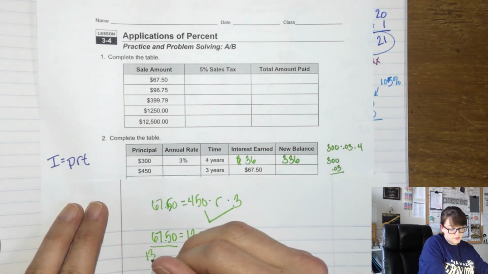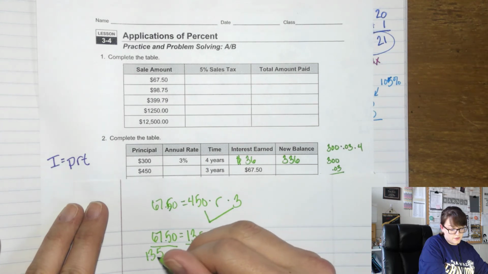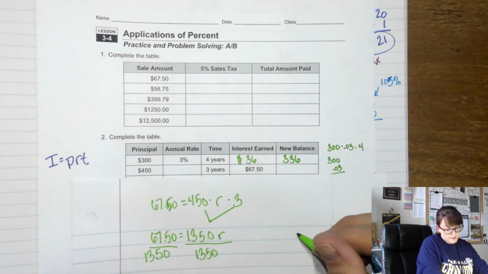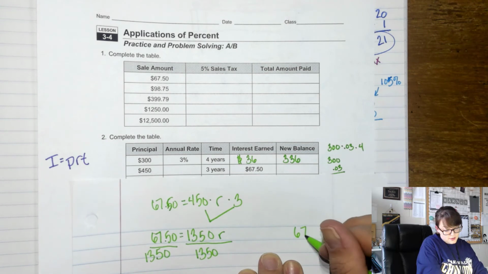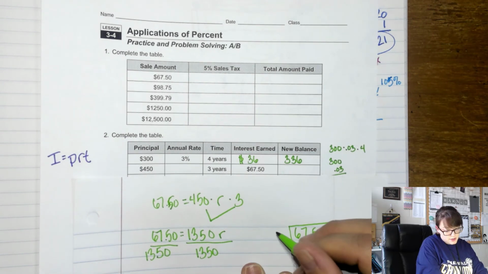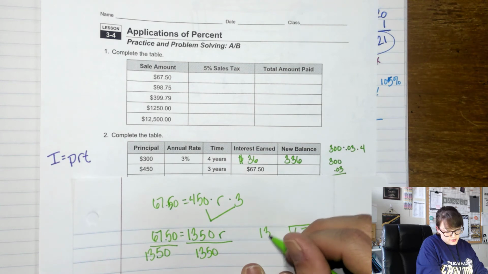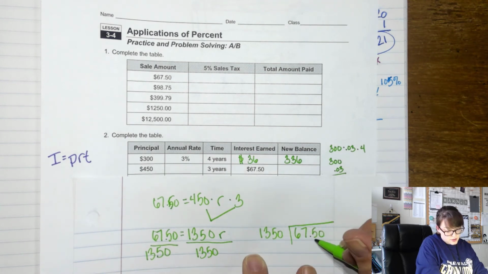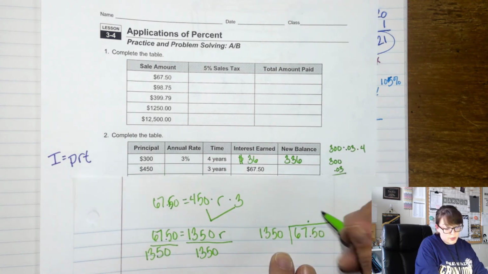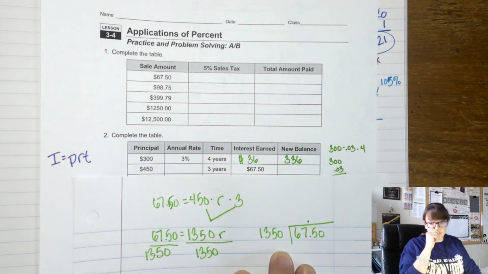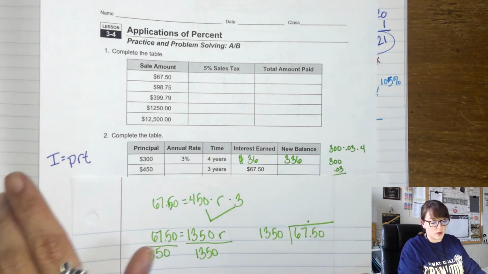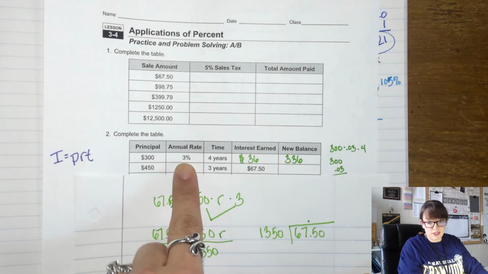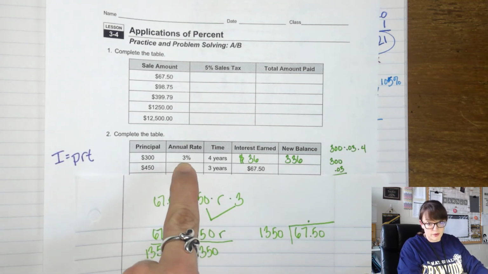So 67.50 divided by 1,350. That's a point. It's okay. We want a decimal. So if you're panicking because you feel like this is going to be small, that's okay. It's supposed to be small. This is 0.0